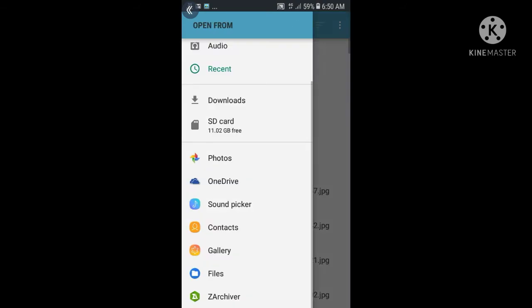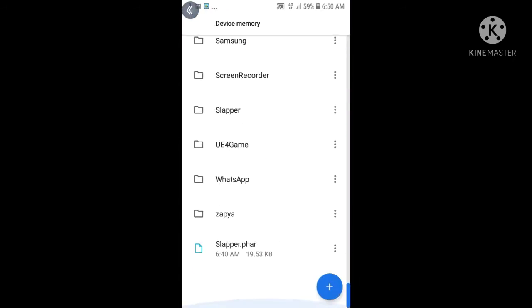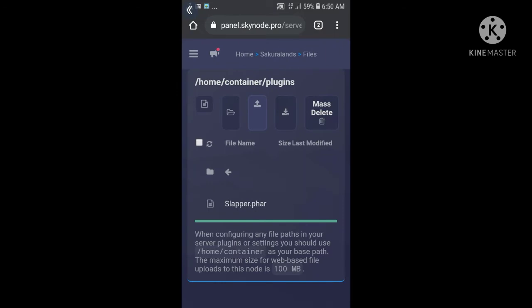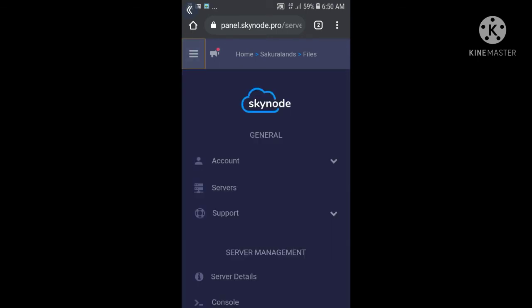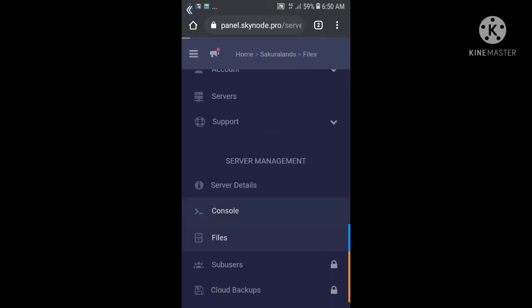By the way, it's not my plugin. Now go to files, drop down and tap on slapper.phar and let it upload, and now it's being uploaded. Okay, the slapper.phar has been uploaded.